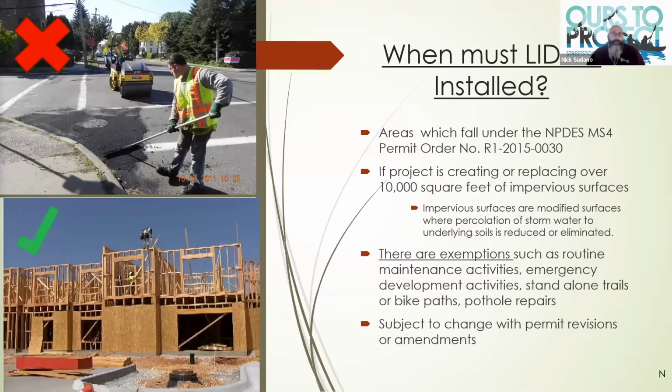So our permit requires certain triggers for the LID, and the slide you're looking at now actually has those requirements. I'm not going to belabor this or go into it too detailed. Just note there are requirements that trigger low impact development to be constructed. With the iterative process of the permit, we would expect to see that the intent is getting closer and closer to every time we do construction that you might end up seeing some of these LID features. But really the trigger here mostly that I want to point out is the 10,000 square feet of impervious surface is either created or replaced is going to trigger an LID